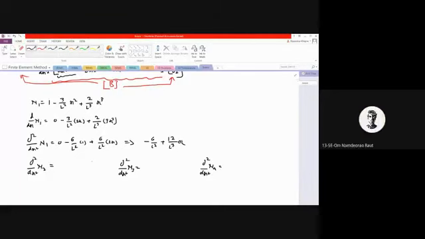Minus 4 upon L plus 6x upon L cube, the N2 value. L cube or L square? L square. Okay, I am not writing the minus sign because